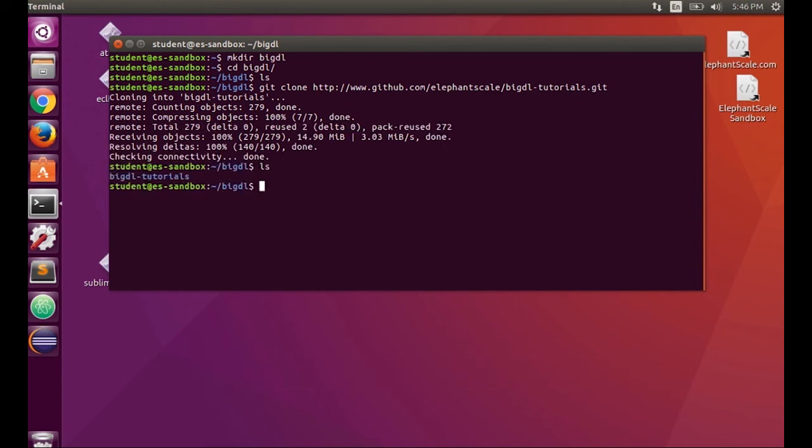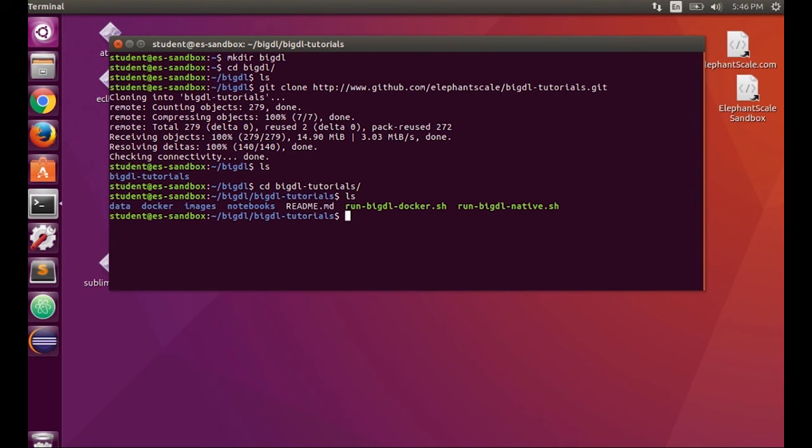Then once we have that, we can go to our BigDL tutorials directory, and we can run here, run BigDL native. And the reason why we're doing that is we're not running Docker here, we're running native.